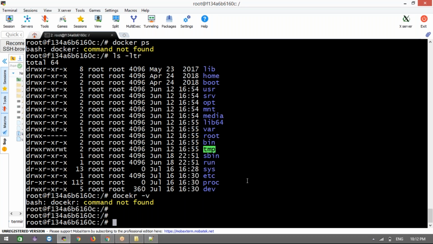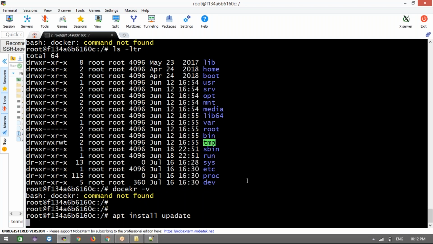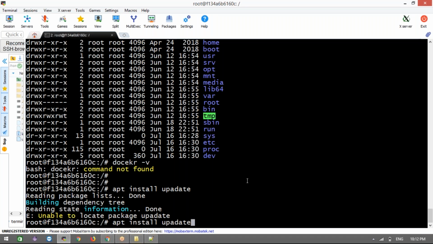Now, on any machine, what do you need to give first? We need to update first, right? apt update. Spelling mistake, one second.